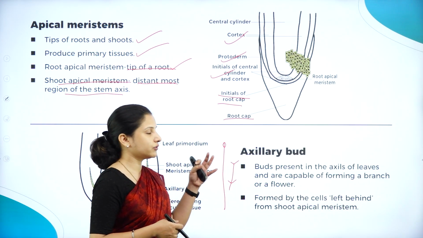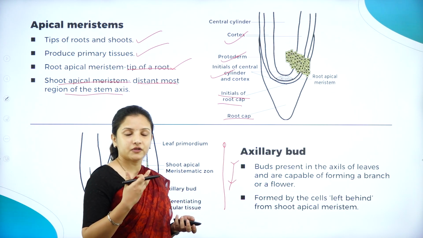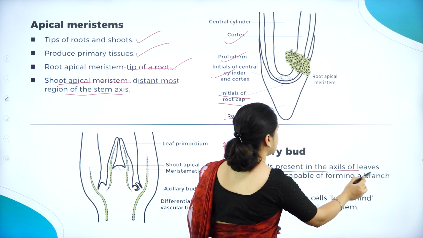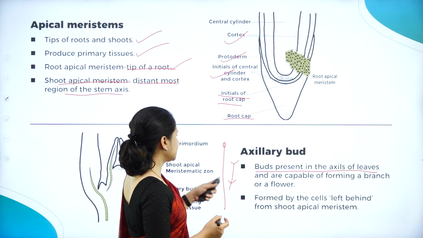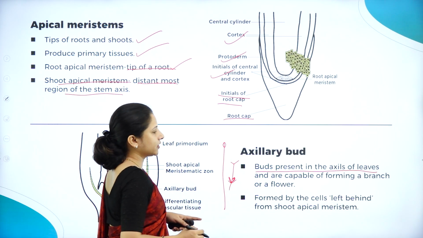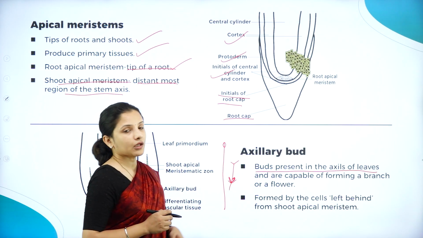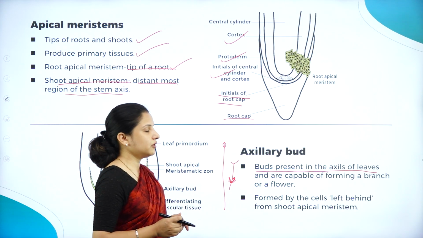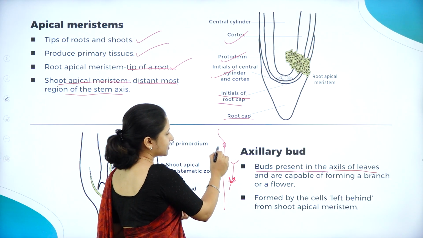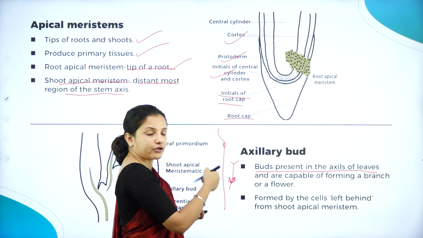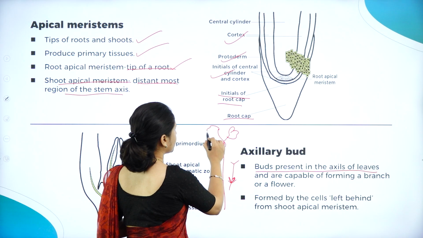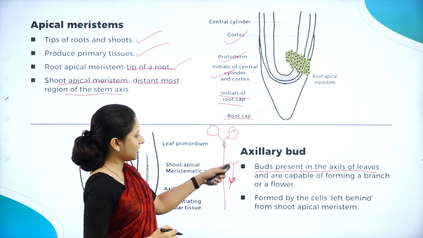Why? Because they usually give rise to the formation of buds, especially flower buds. Buds present in the axils of the leaves are called axillary buds. So what is the axil? This particular part. Whatever bud is present at the axil of the leaf is called an axillary bud, and it is capable of forming a branch or flower. Even at this particular tip, you can see these apical meristems will divide here, and the fate of those cells is to produce new flowers. They will start to produce new flowers at the tip,